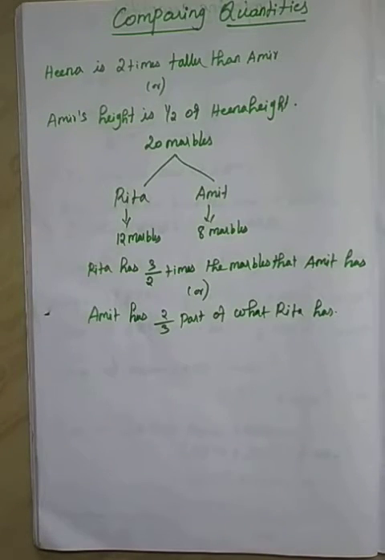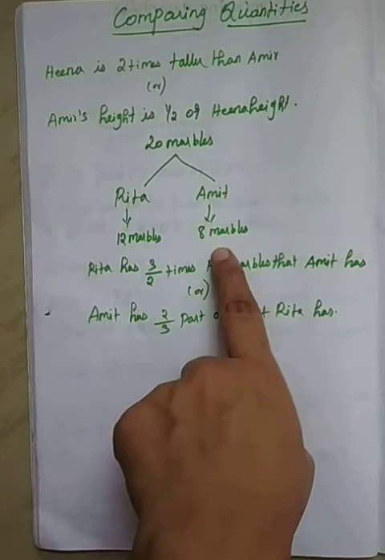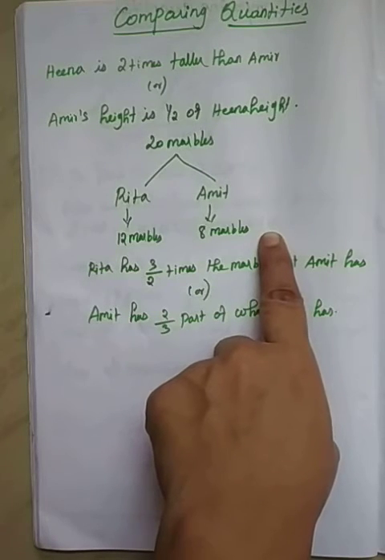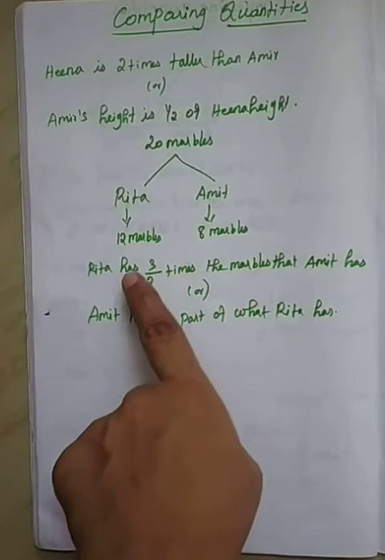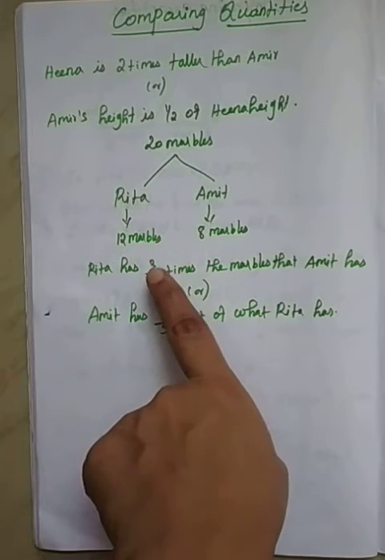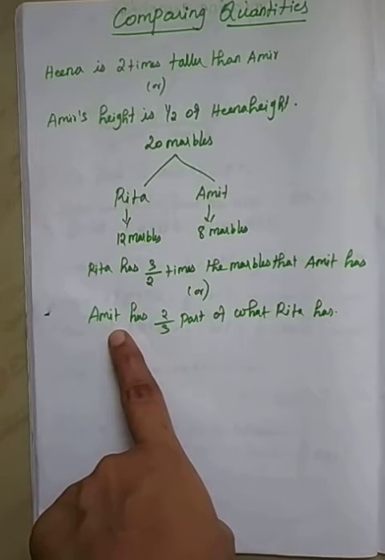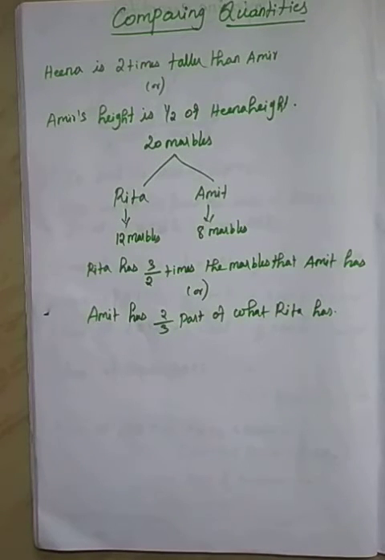You have to consider the 12 marbles, Rita takes 12 marbles and then Amit has 8 marbles. See here, Rita has 12 marbles and then Amit has 8 marbles. We say Rita has 3/2 times, that is a fraction, right? 3/2 times the marbles that Amit has, or otherwise we have to say that Amit has 2/3 part of what Rita has. Okay, see, yet another example is where we compare speeds of a